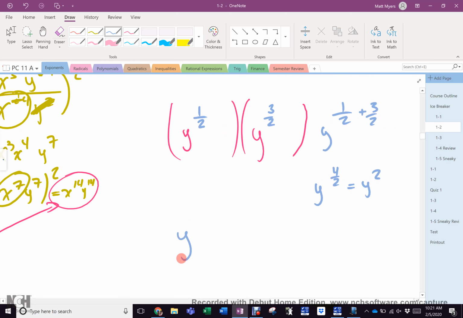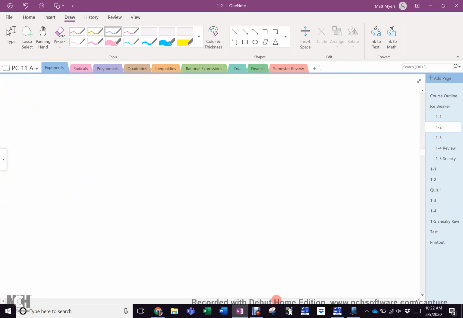What if it was something gross like this? Y to the 3m plus 7, and y to the 2x plus 8. What would your answer be? 3m plus 2x, because you can't put them together, plus 15. And you're done. Okay? They're laws. You do it no matter what it looks like. Next year, you'll deal with those m's and x's. But in grade 11, all you're dealing with is putting them together. Everybody cool? All right. I'm done, and you will have half an hour with which to work on